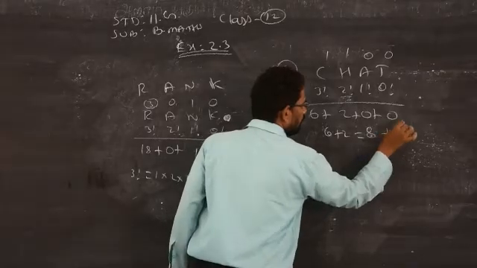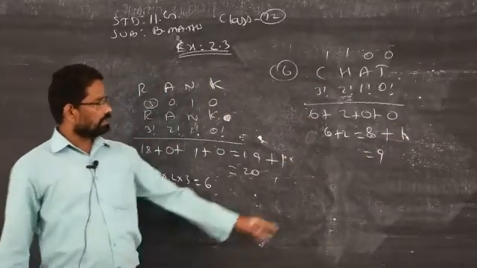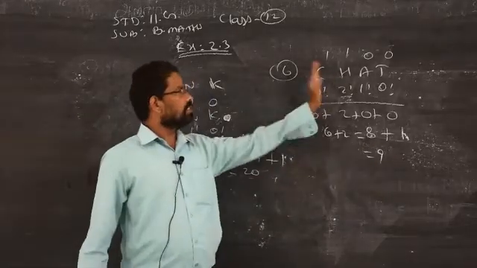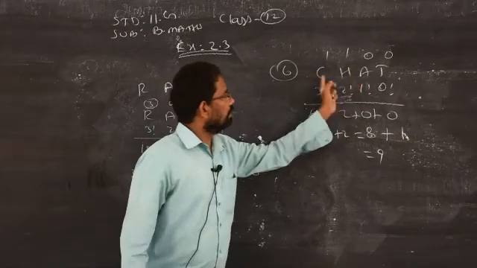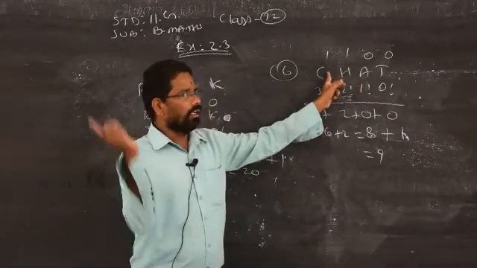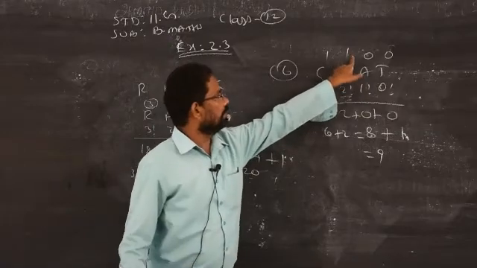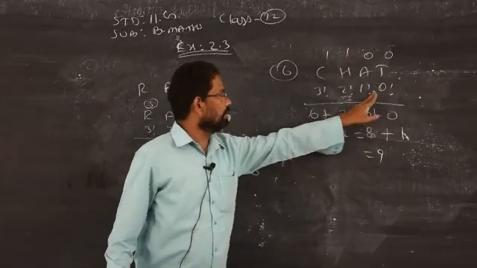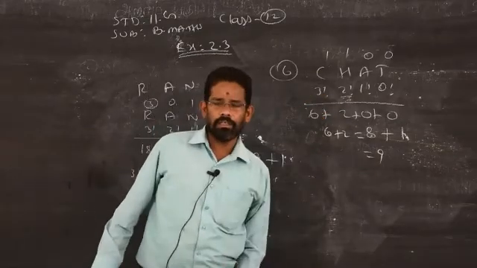Finally you should add always 1. So the rank of the word chat is how much? 9. So just write, you have to see how many letters are less than the first letter. Then how many letters are there less than the second one. If it is a 3 letter word, you have to write 3. Then always start by writing 0 factorial, 1 factorial, 2 factorial, 3 factorial. Multiply, you will get the answer.